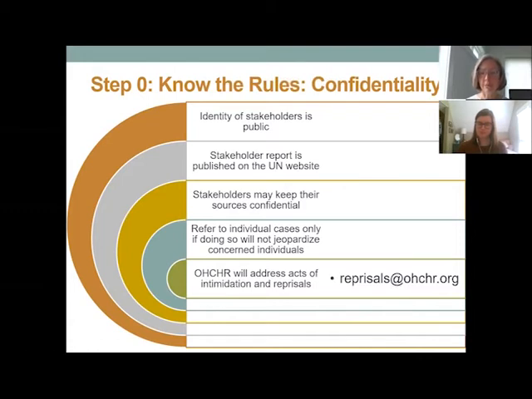Of course, the best option is to avoid reprisals in the first place, so we can work together on doing that. But if in the end reprisals happen, please let us know, and please let the OHCHR know that those reprisals have happened. They will often issue a stern warning to the government of the state under review and let them know that they're sort of on notice, that the UN is aware that reprisals are happening and is dissatisfied with that. And sometimes that's actually quite effective in getting the reprisals to stop.